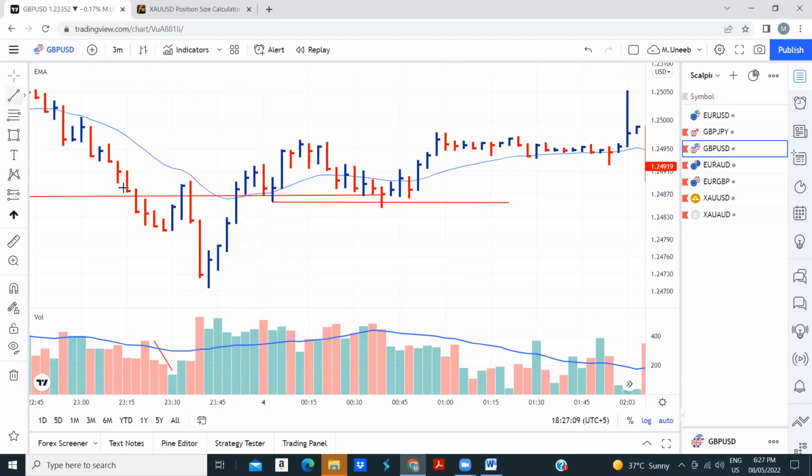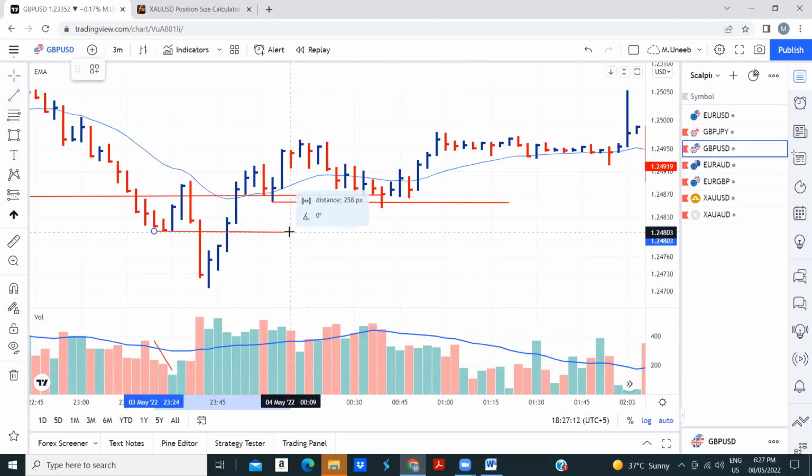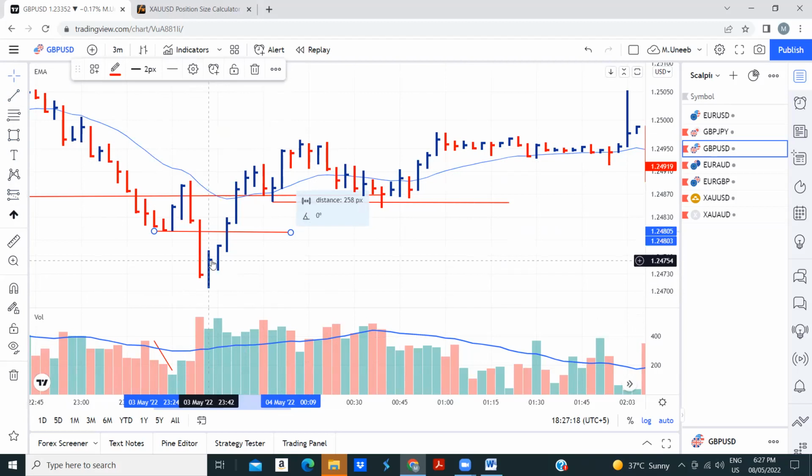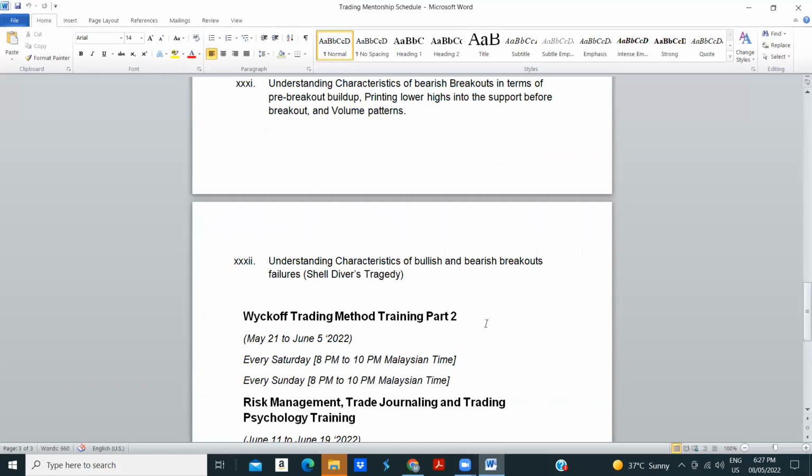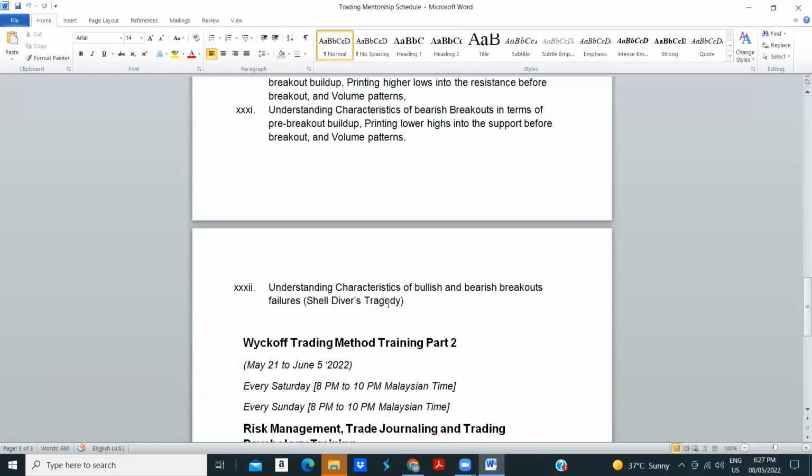And then after this, we see another support here. We see just one bar and price reversed. This is not a breakout, it's a failed breakout. Got it? All right. Okay, so the session is finished now. So you understand when the breakout will fail. I will give